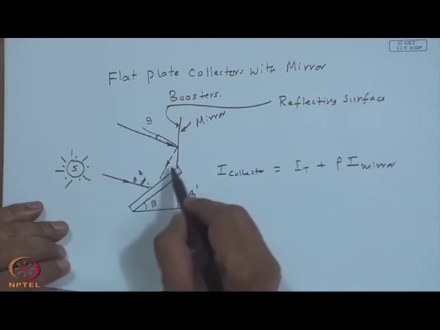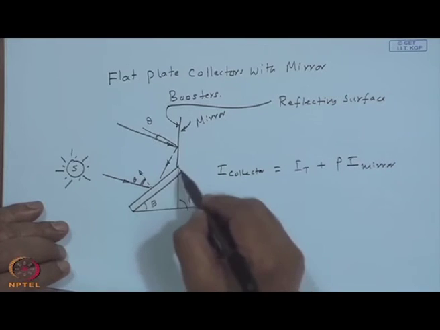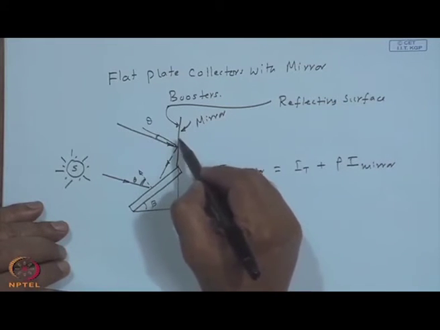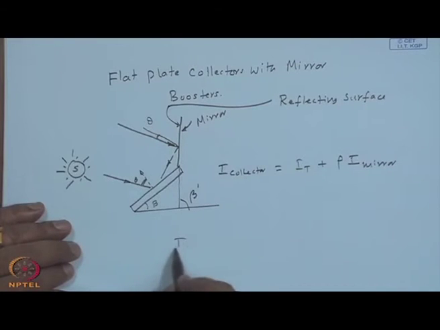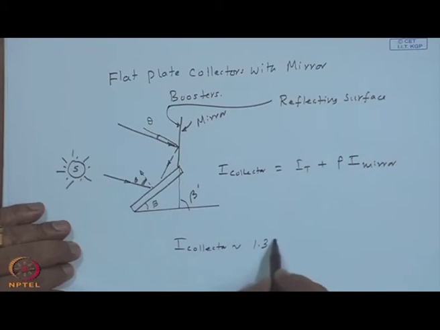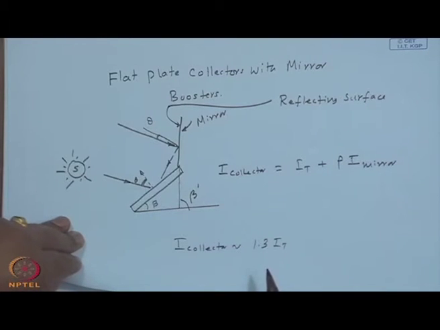So, the point is, without absorber, without other paraphernalia, this may improve I collector, which may turn out to be 1.3 times I t. So, you have a 30% higher incident radiation with only one mirror, but if the cost is less than, let us say, 30% of the solar collector cost, the mirror is worth it. However,